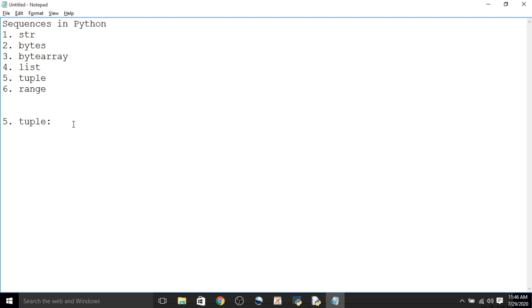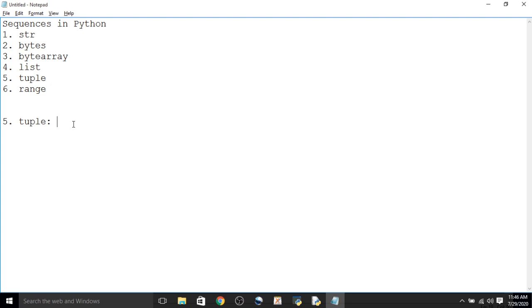The elements in the tuple are separated by commas and enclosed in parentheses. So instead of square brackets, we are using circular parentheses. Whereas list elements can be modified, it is not possible to modify tuple elements.